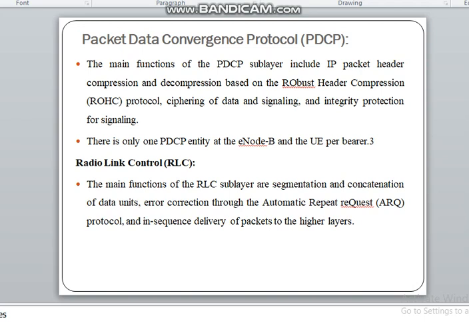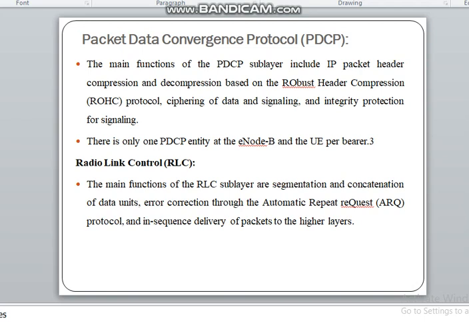Next one is packet data convergence protocol, that is PDCP. The main functions of the PDCP sublayer include Internet Protocol packet header compression and decompression based on the robust header compression ROHC protocol, ciphering of data and signaling, and integrity protection for signaling. So all these operations are managed by PDCP.